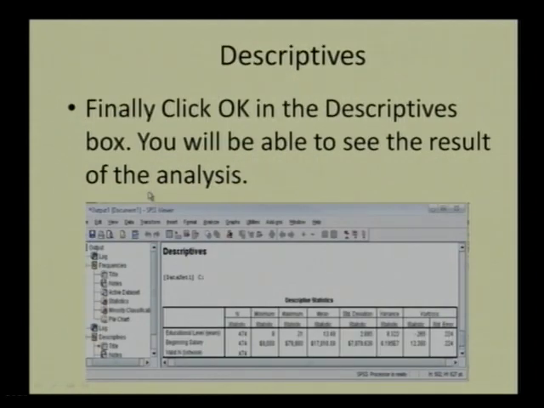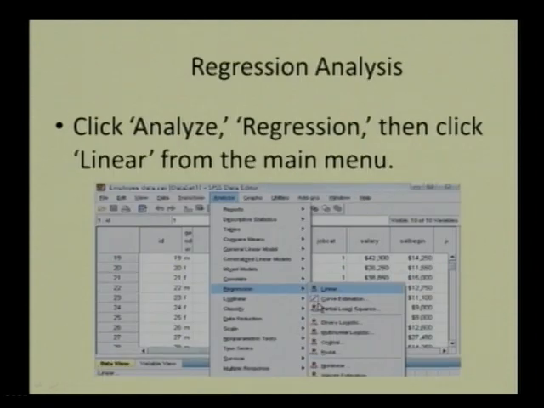You can have this output. When you click on this output, you can get how many respondents we have, what is the minimum value, what is the maximum value, what is the standard deviation, skewness and kurtosis, and so many more. So based on the data you can make your decision. Now we have seen the first command, which is frequencies based on frequency data, and the second command is based on the descriptive statistics of the Analyze menu. Now third, we see the relation between two variables. So how to apply the regression analysis.